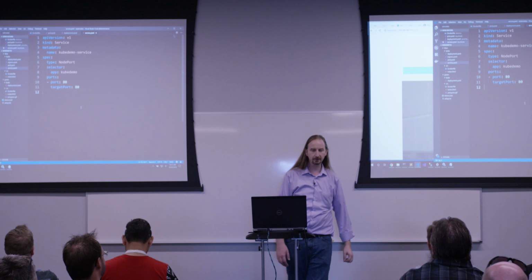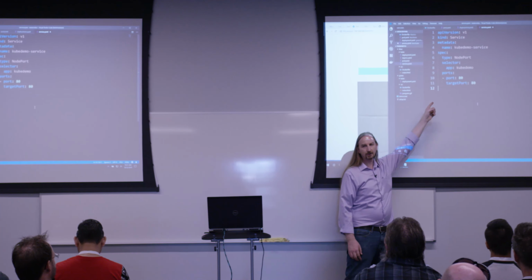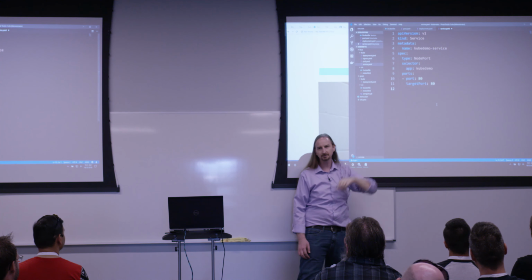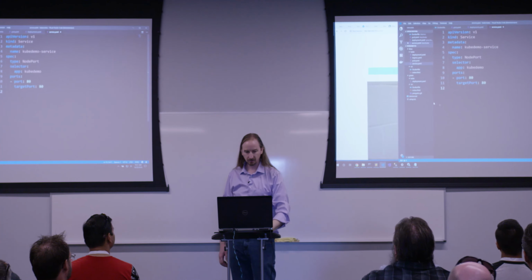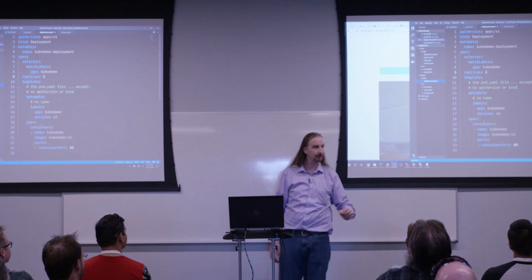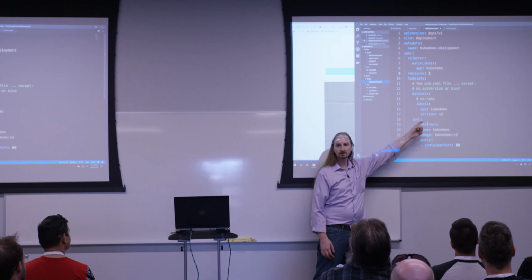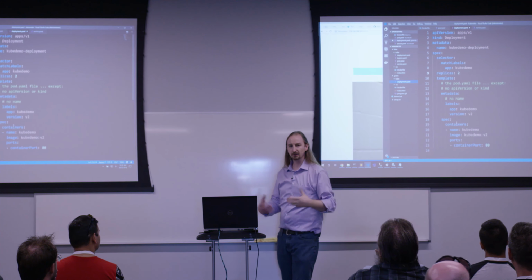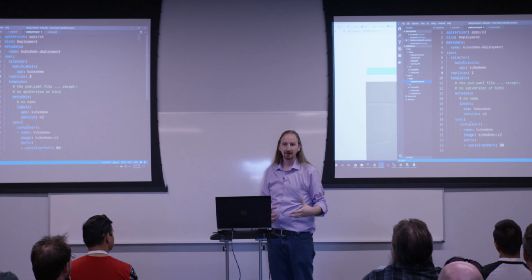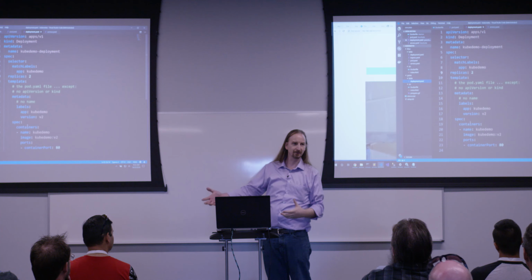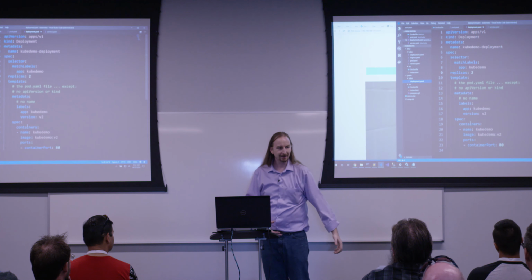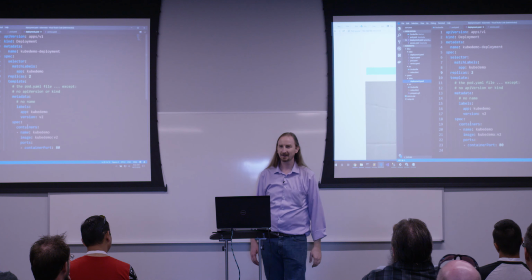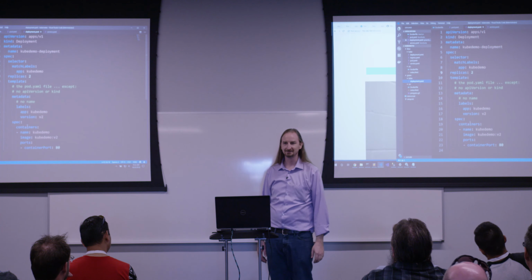What's really cool here is this selector says all of the pods that I want to route to are labeled with this app kubedemo. And so here in my deployment, I didn't change that app kubedemo label. I only changed this version v2 label. So when the service kicked up and said which pod should I route to, it noted that there were 2 pods that happened to have this app kubedemo label, and it routed the traffic to them. How did I change the traffic? I didn't. I didn't need to. Kubernetes did that for me.